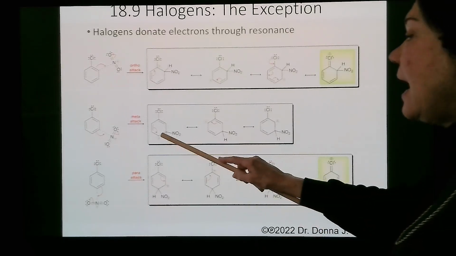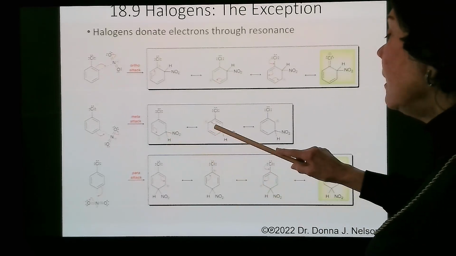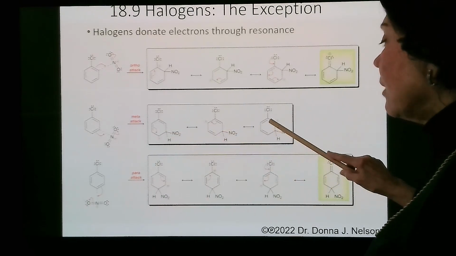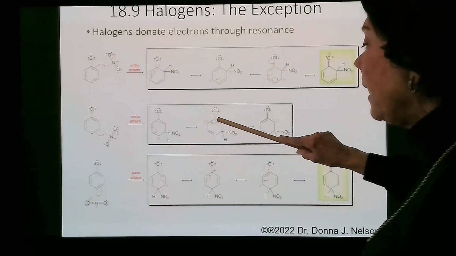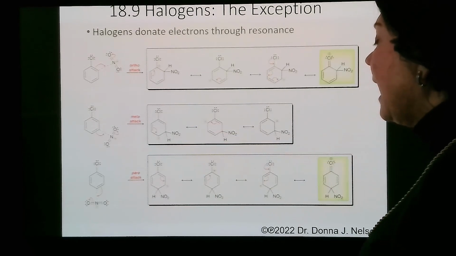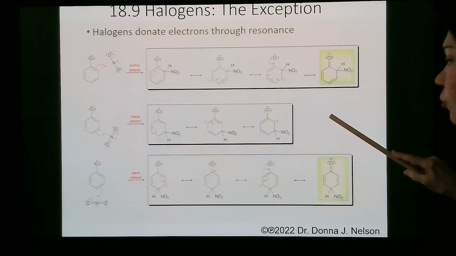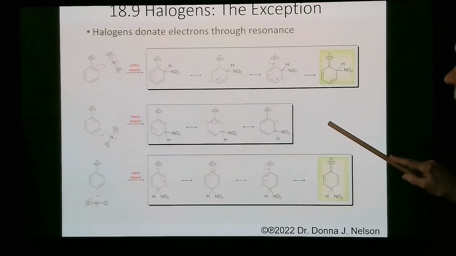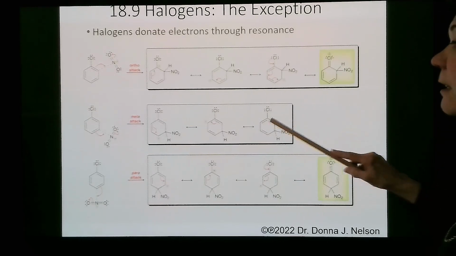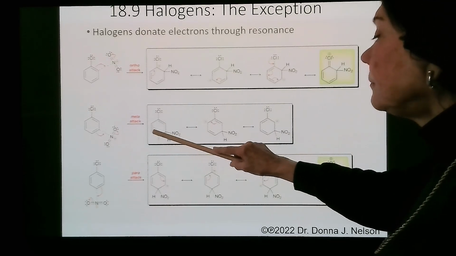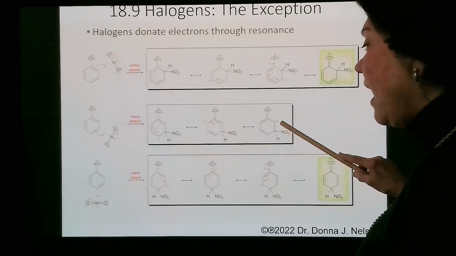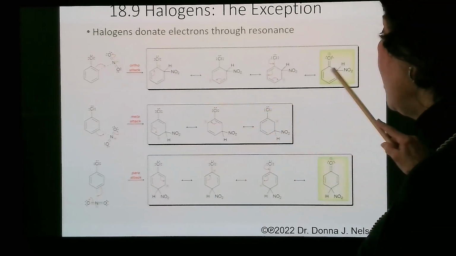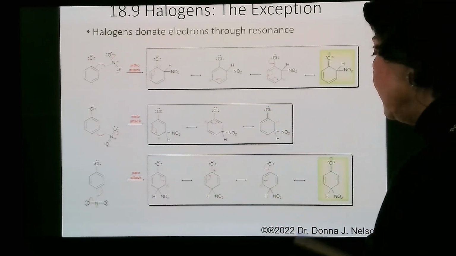But if you have attack at the meta position, you cannot draw a resonance structure in which the carbon bearing chlorine also bears a positive charge. And so this fourth resonance structure cannot be attained. And that makes the attack at the meta position less favorable. Attack at the ortho or the para position